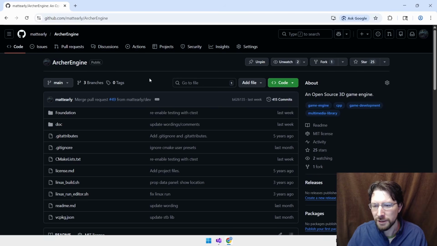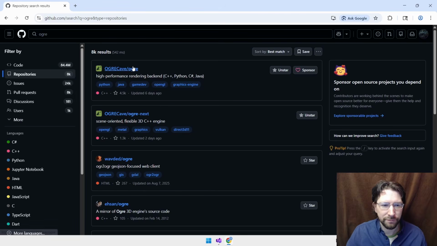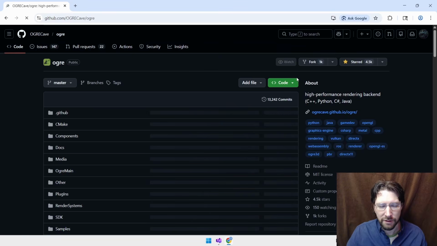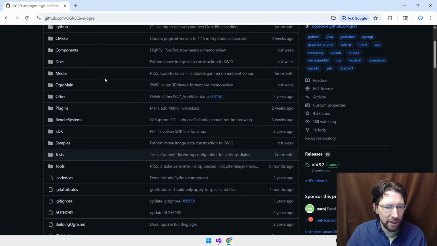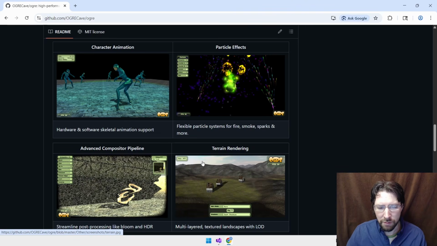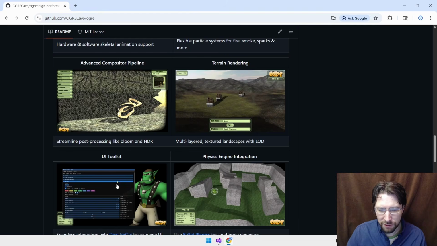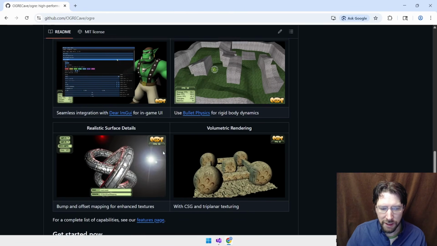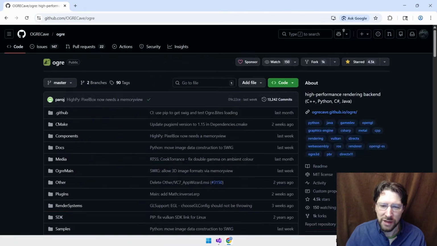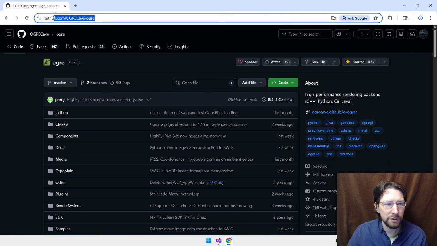When I was first trying to use Ogre Engine, I guess we could look that up. Ogre Engine. Oh, yeah, this. Yeah, it's a rendering backend. It does stuff. This is probably more robust than mine, maybe, but this is very dated too. And getting it to work is essentially the same, where you have to figure out how to link every little library. The point is, this is way too confusing. I couldn't figure this out when I was a new coder.